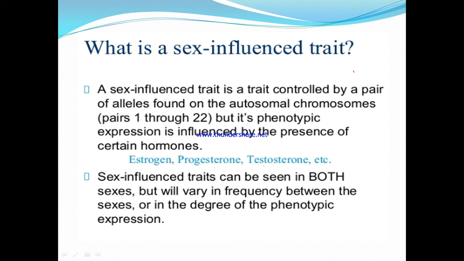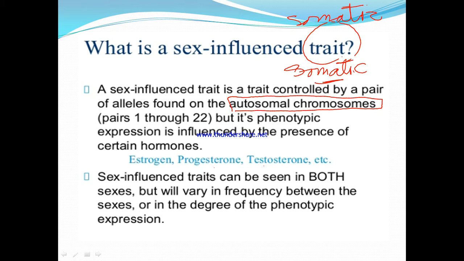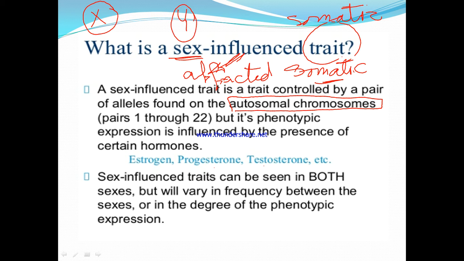Okay, now we start our lesson, the trait from the type of sex influenced trait. This type of trait is somatic and carried on somatic chromosomes, or autosomes. Okay, but it is affected by sex genes which are carried on sex chromosomes. We have two types, X chromosome or Y chromosome. Okay,